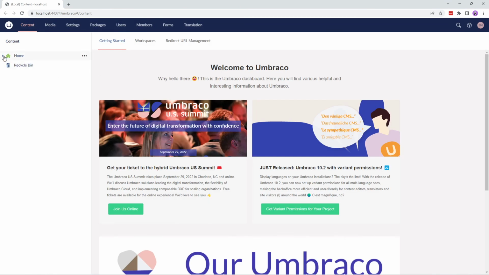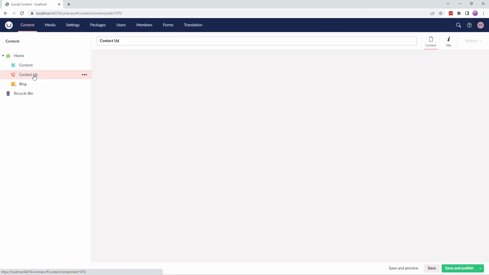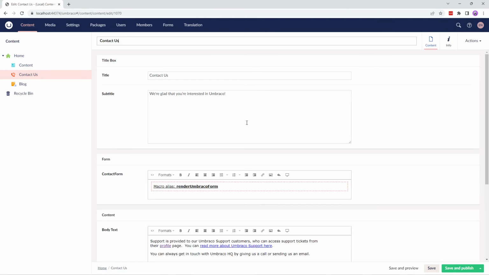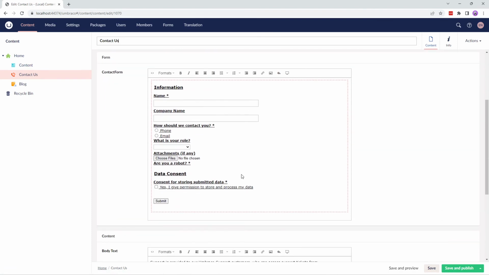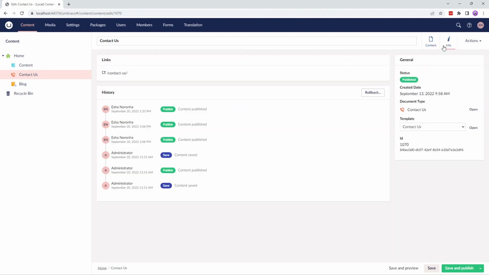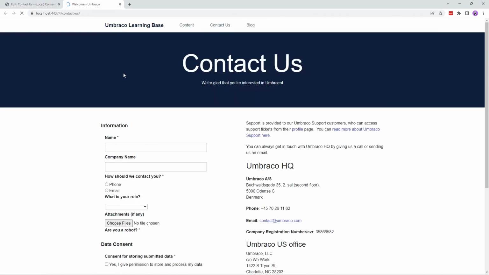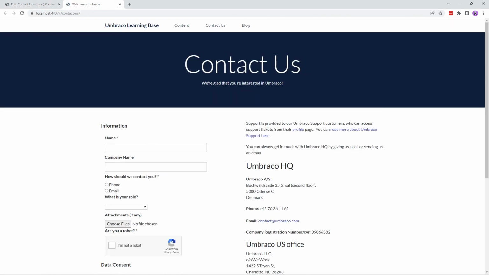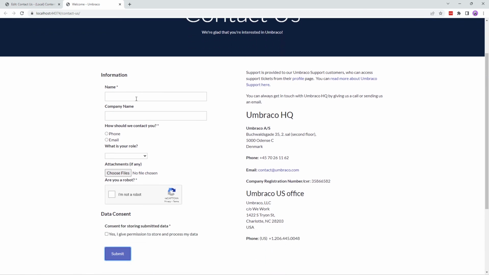Cool. Let's look at the form in the content section. And we no longer have the error message here. Our form is good to go. Let's go ahead and view it on the front end. Cool. We have the title, the subtitle, our contact form, and body text next to it.